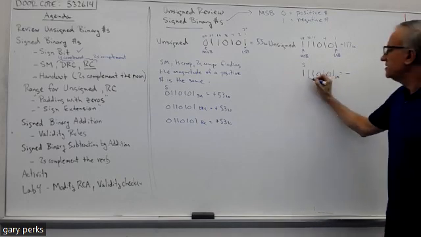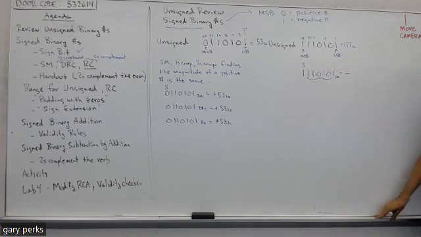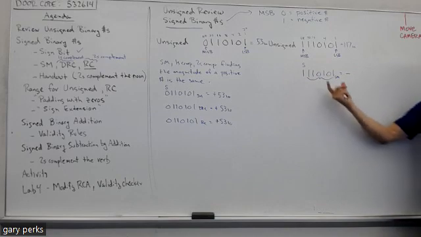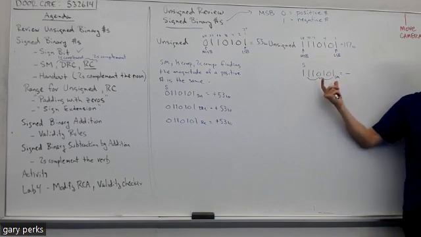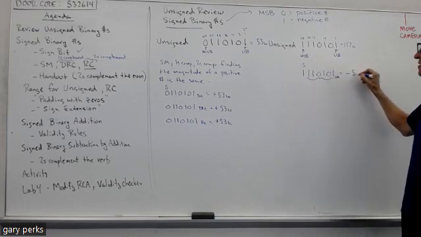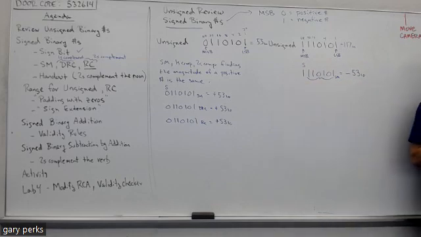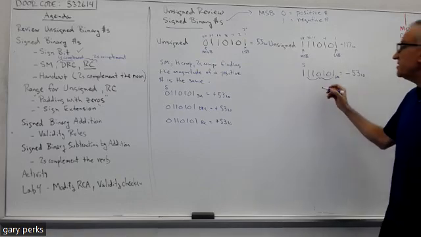And to find the magnitude of a signed magnitude binary number, well, you do it the same way as an unsigned or a positive. This would still be 53. But because this is the sign bit, it's a negative 53. Okay? All right, now, if this is